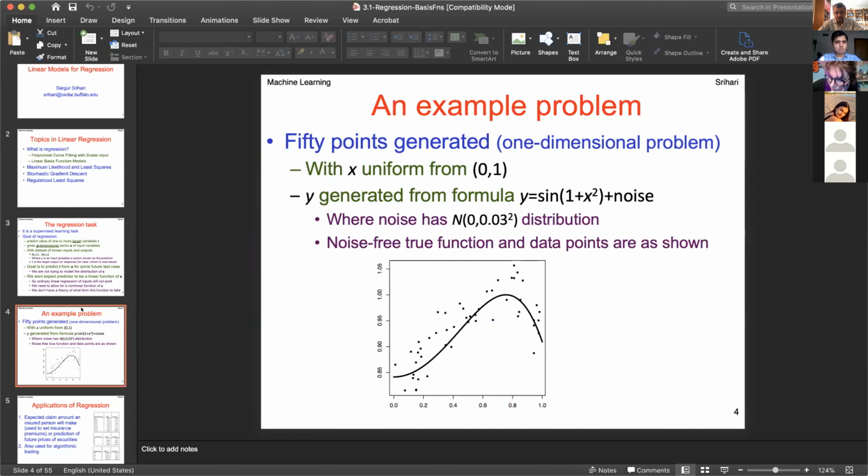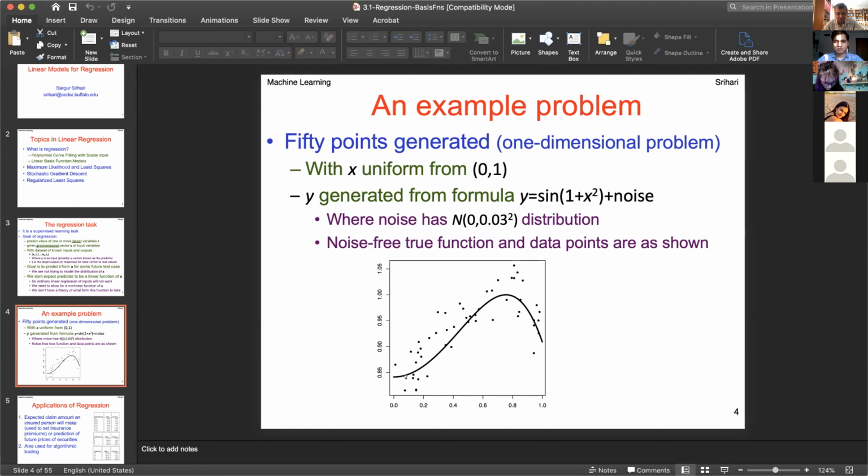Here is an example problem, 50 points generated from a one-dimensional problem with X uniform from 0 to 1. So X-axis going from 0 to 1. Y is generated from the formula Y is equal to sine of 1 plus X squared plus noise. So there is a function sine of 1 plus X squared. Presumably the solid curve is that function. But we not only have that function, but we also have noise as a normal 0.03 squared. That's the variance, or the standard deviation of 0.03, and a noise-free true function, and the data points